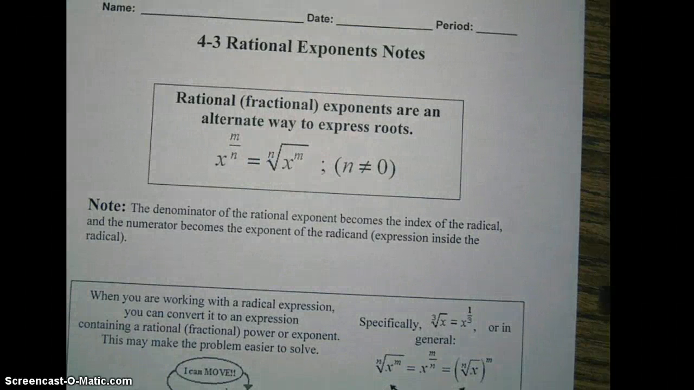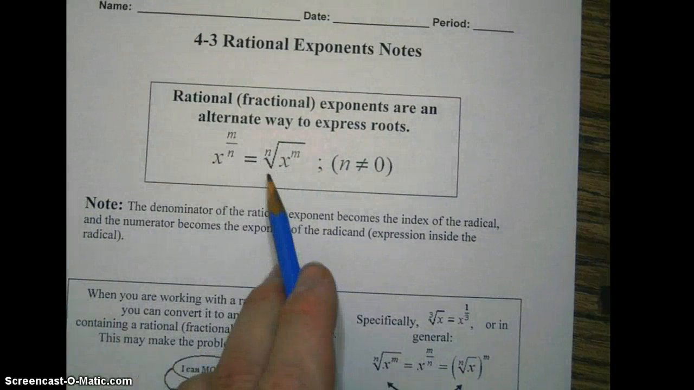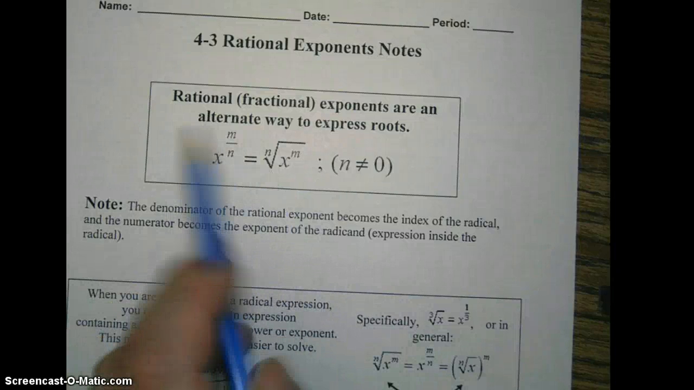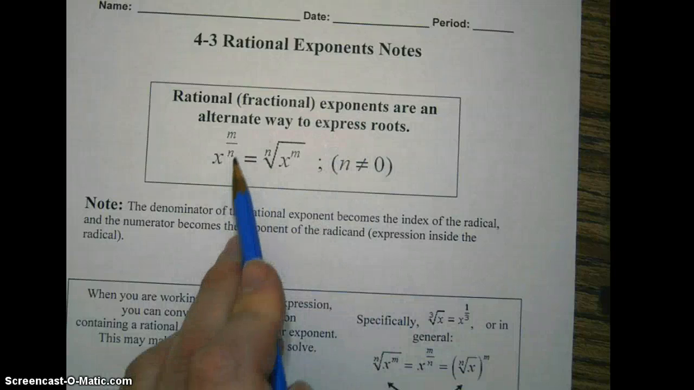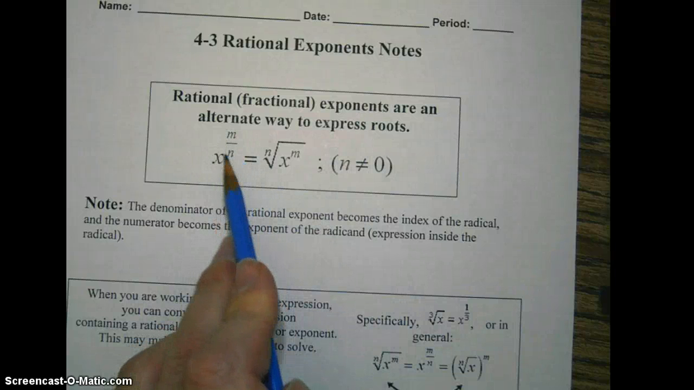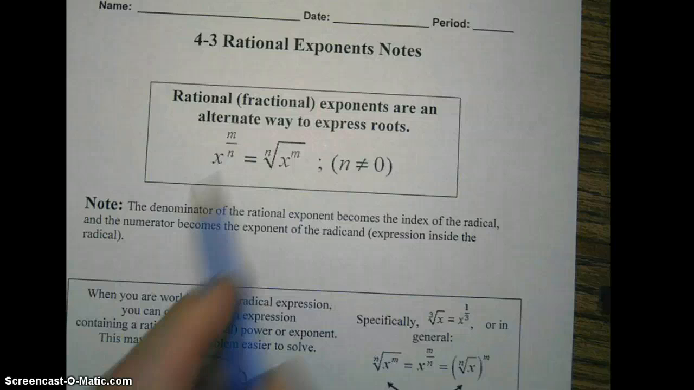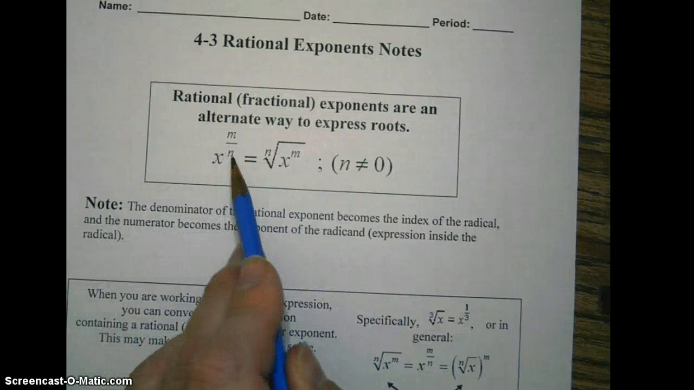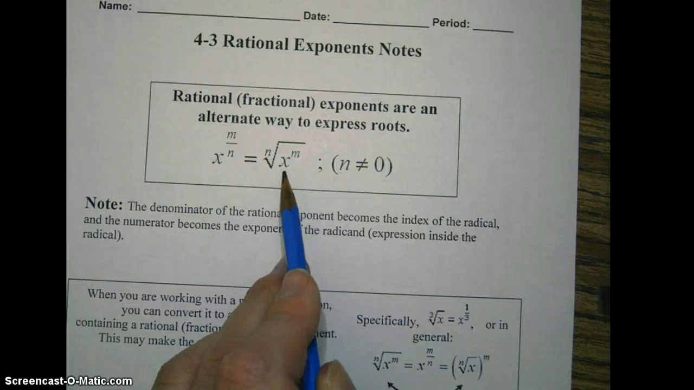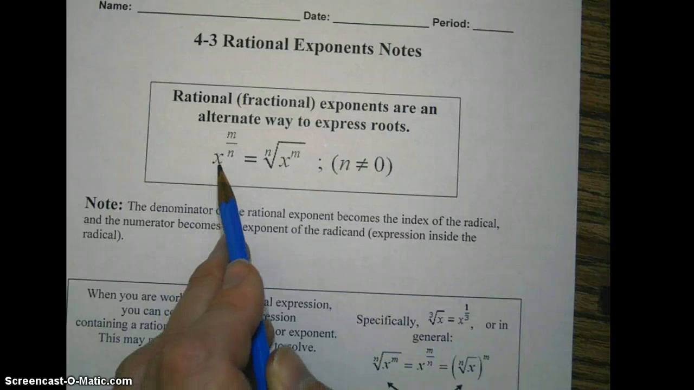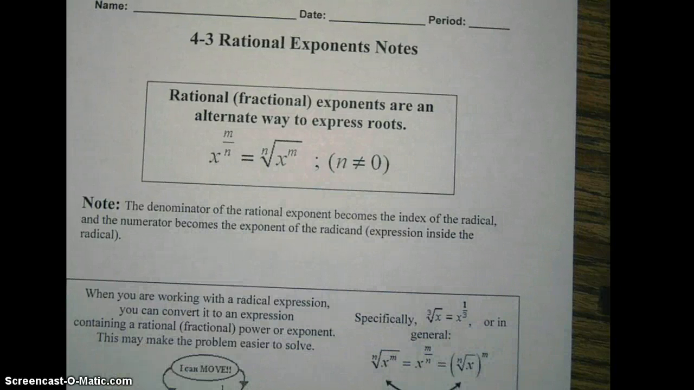Okay, this lesson is on rational exponents. First, let's take a look at this example. A rational exponent means that there is a fraction in the exponent. Okay, and we're going to learn how to go from a fractional exponent to a radical, and vice versa, from a radical to a fractional exponent. Let's take a look